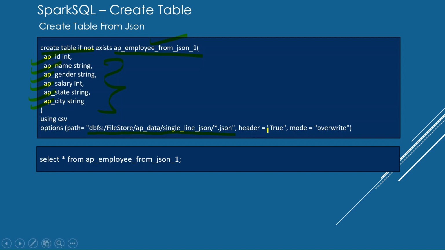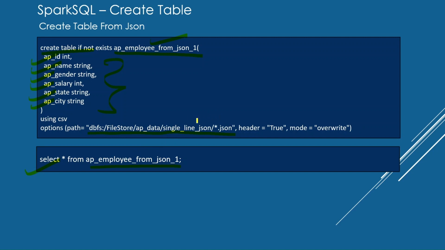Once this table gets created, we can also verify how many records this table has. This must be the same number of records as in this JSON structure.